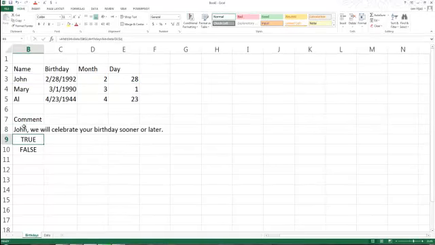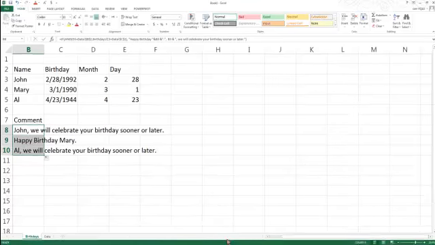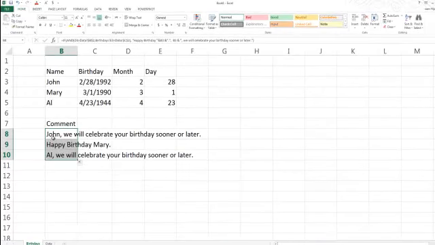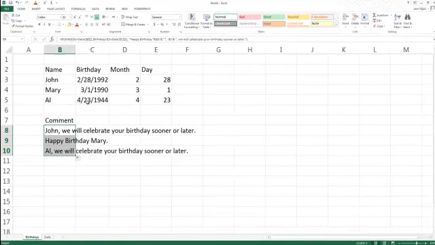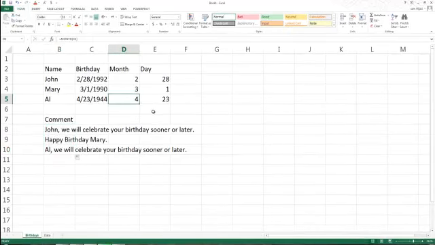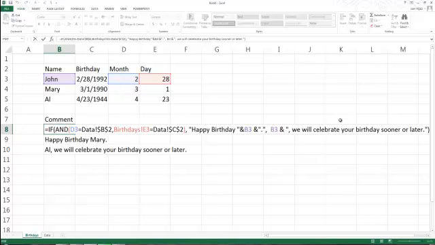And here we go. We're going to pull that again in order to see, and notice that we're going to say happy birthday to Mary. Al, we will celebrate your birthday sooner or later. Okay? Actually, I could tell them we will celebrate your birthday on, by saying here the name of the month and the name of the day. I could show you here how to do it. For example, we'll celebrate your birthday sooner or later. Instead of sooner or later, we're going to say here, okay,